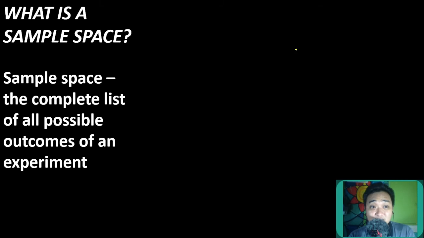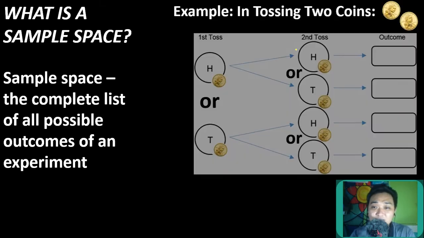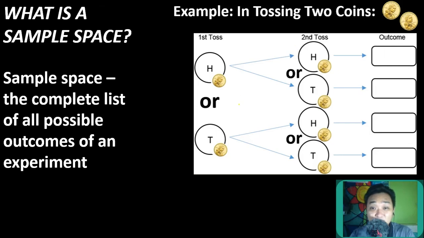Ano naman yung tinatawag nating sample space? When we say sample space, it refers to the complete list of all possible outcomes of an experiment. Nabanggit ko na rin kanina yung lahat ng possible outcomes. In tossing two coins, we could make use of a diagram kamukha nito, wherein sineperate natin yung pag-toss. Hindi natin pinagsabay, instead inisa-isa natin. Bakit natin kailangan isa-isahin? Para makita talaga natin kung ano yung lalabas from the first coin at saka dun sa